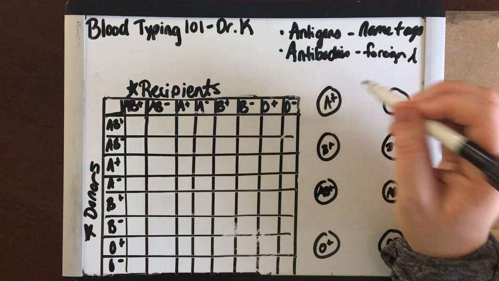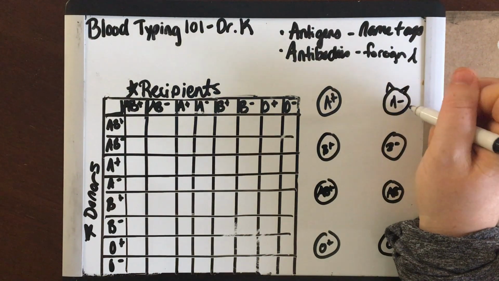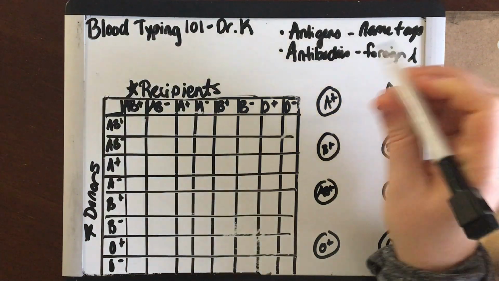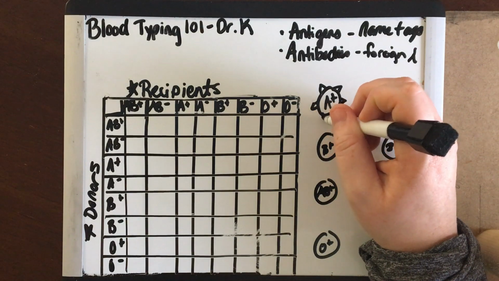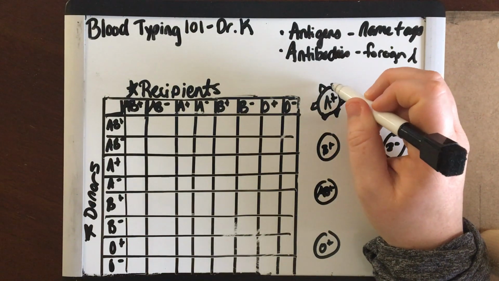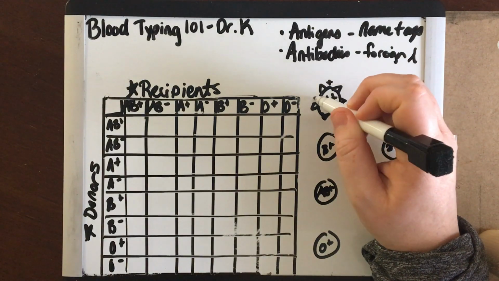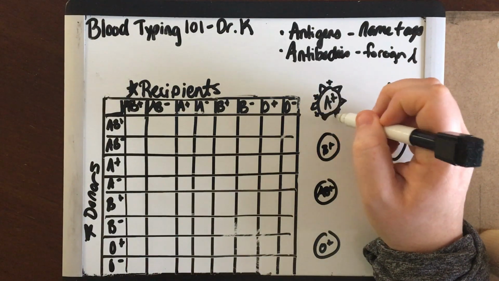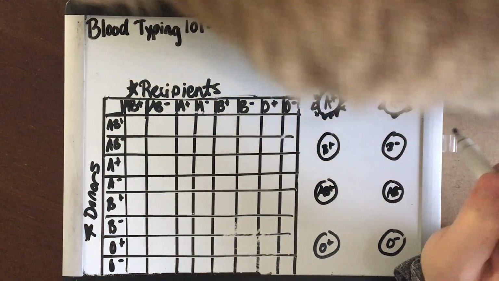So the A positive and the A negative, they obviously wear A name tags, right? A antigens. In addition, this A positive will also wear the RH or the D antigen, okay? So I'm going to put positives on his as well. And now remember,